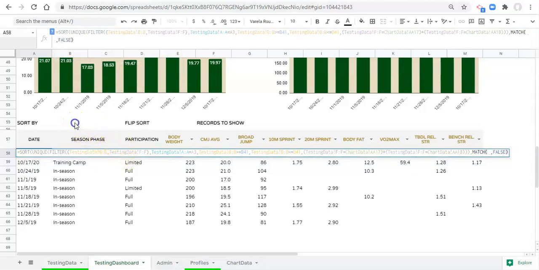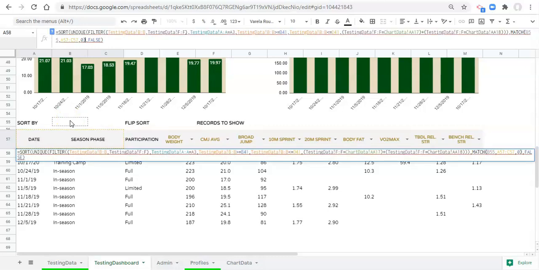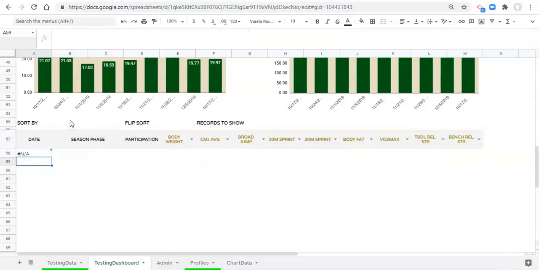We want to match what we pick that we want to sort by, which we'll put right here in B55, comma, and we're going to match that to these two variables, which are our two items in our formula, right? We have dates and we have season phase, and depending on what we pick, we'll sort by that. So it's dynamic. We do comma 0, an exact match, close the parenthesis, and click enter, and we have an